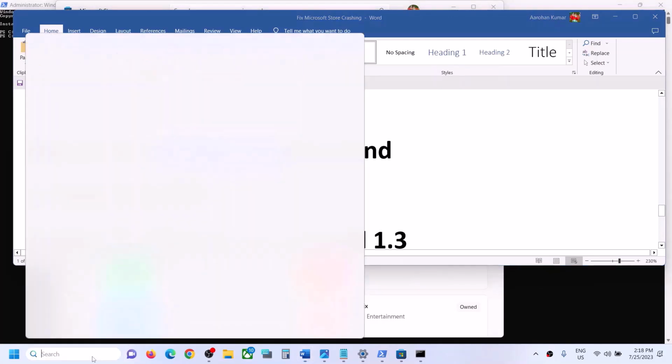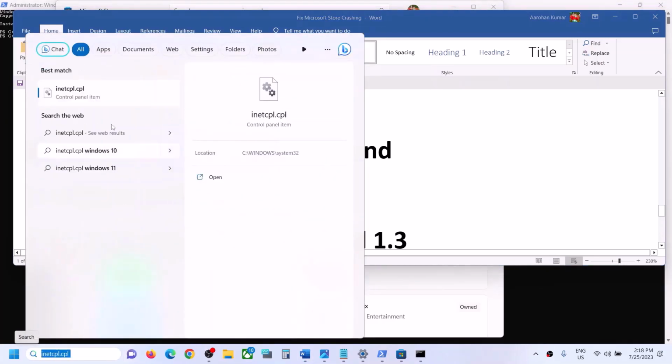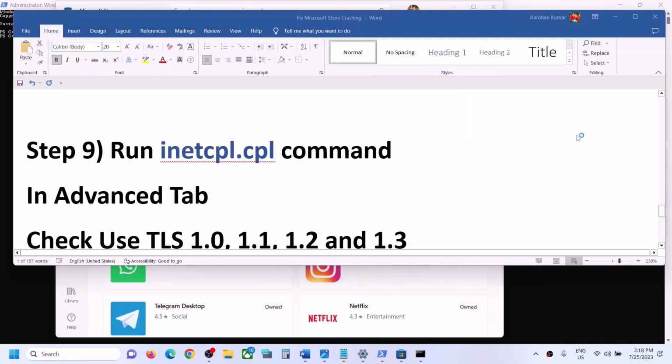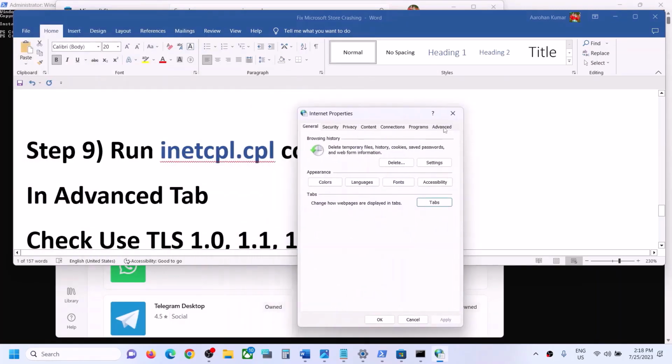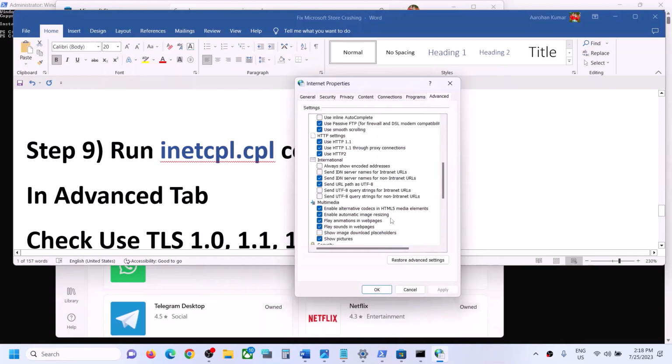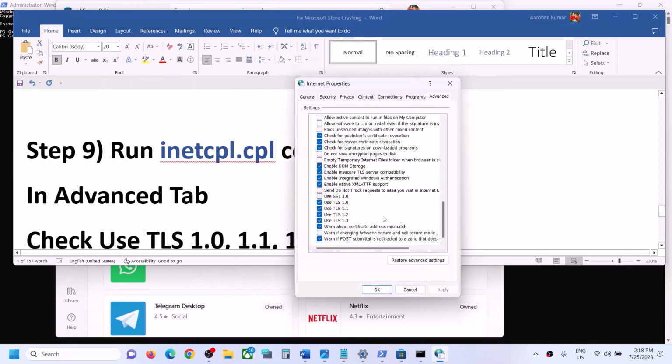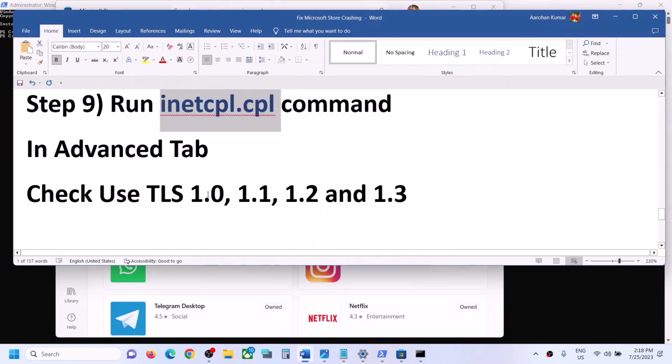So type in inetcpl.cpl in Windows search box and then click on inetcpl.cpl and go to the Advanced tab and then scroll down. Now over here you will find Use TLS 1.0, Use TLS 1.1, Use TLS 1.2, Use TLS 1.3. Make sure all these four boxes are checked. So if any one of them is unchecked, make sure all these four boxes, that is TLS 1.0, 1.1, 1.2, 1.3, all are checked, and then click on Apply, click on OK, and then restart your computer and then open